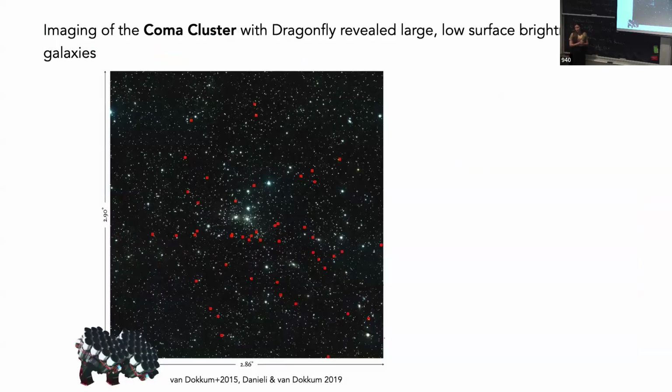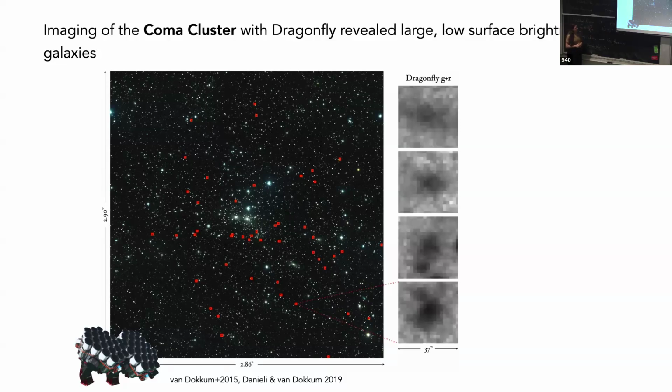Okay, so one of the fun things, actually the first thing that we discovered, is we looked at the Coma cluster, that's a cluster of galaxies at 100 megaparsec, and we wanted to look at the intra-cluster light. So all of the very low surface brightness light between all of these galaxies, but instead, we actually found a lot of these smudges. So these very low surface brightness galaxies, and this is how they look in Dragonfly, big pixels, okay? Let's look at one of them. So here is one of these galaxies, obviously, right? It's a galaxy, you can see right away.